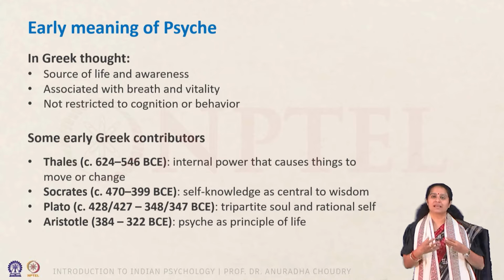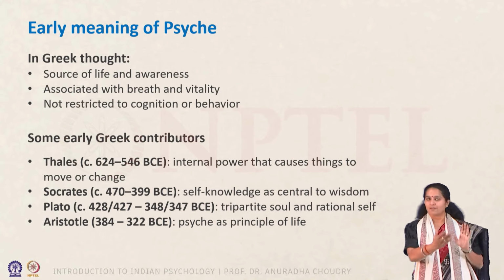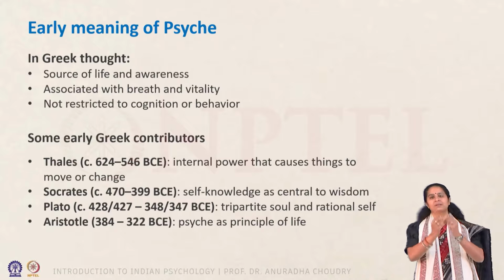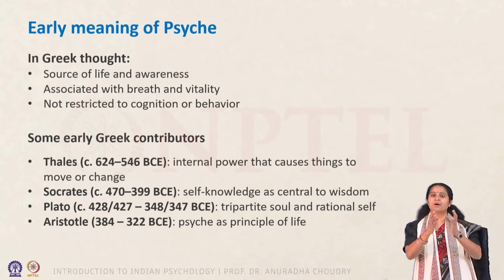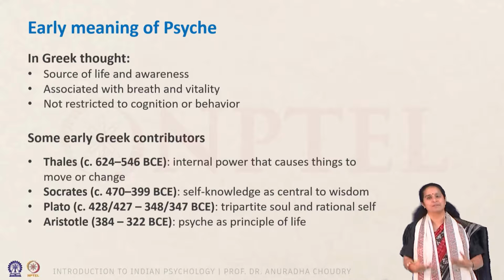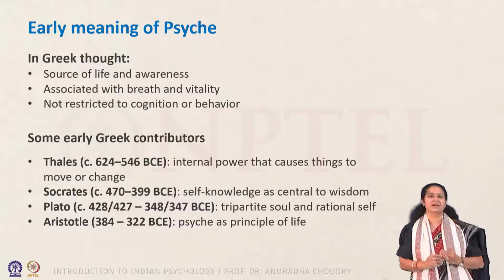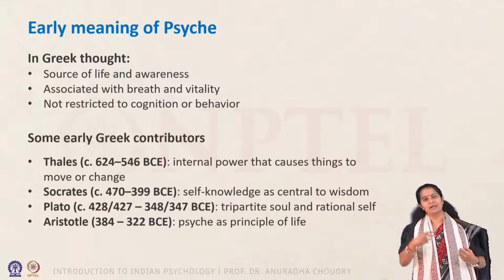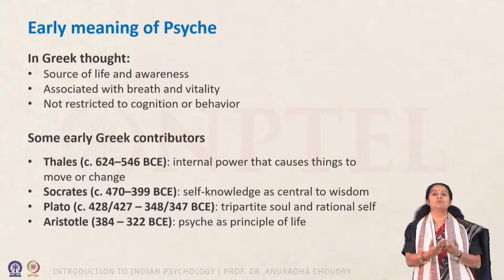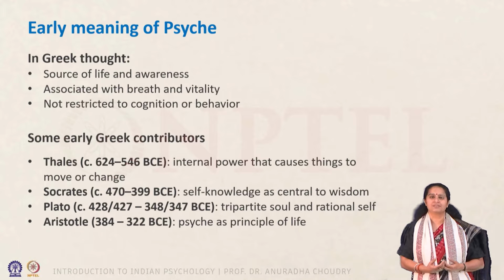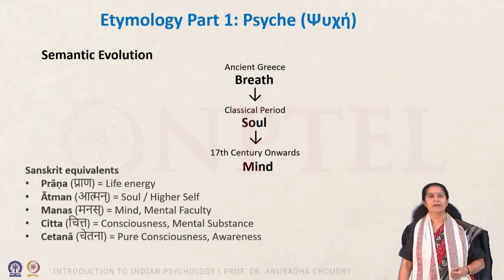Plato then talks of psyche as a tripartite of the soul, where he says that it has three parts. So there is the reasoning, the rationality principle, and then you have the spirited part of it, and as well you have the appetites. And there is the rational self, therefore starts entering into the discussion of the psyche. Aristotle takes that further, and he calls psyche the principle of life, and makes it more of an empirical object of study. So you can understand it from a rational perspective as well.